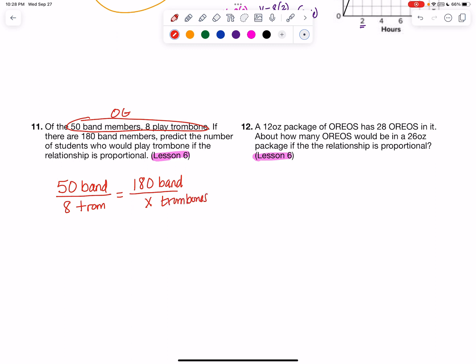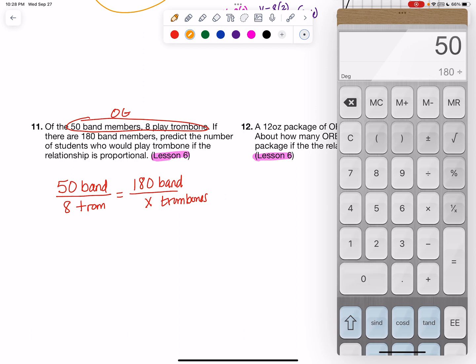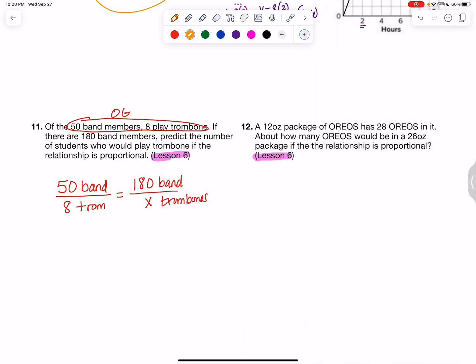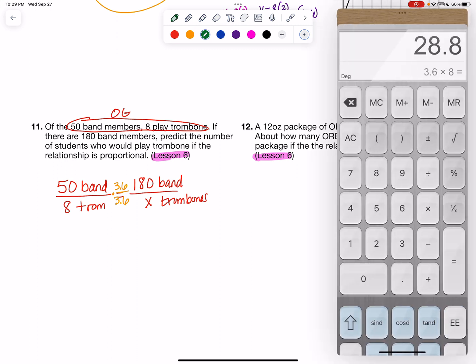Okay, so remember we have 2 options for solving proportions. Option 1 is find the multiplier, multiplying by what whole number. So how to do that? 50 times what equals 180? So I'm going to do 180 divided by 50. Oh, nice, I have a good multiplier: times 3.6 over 3.6, because that's times 1 whole, and it doesn't change the fractional value at all. Okay, so 8 times 3.6, and we get